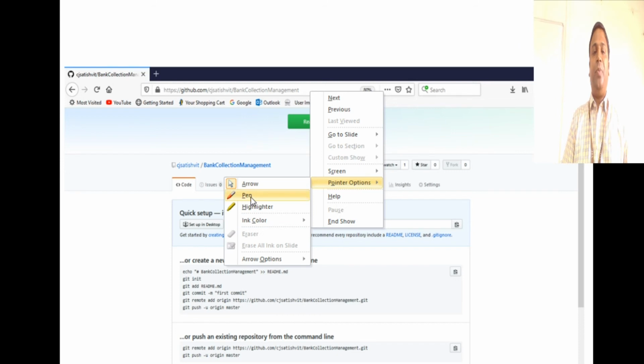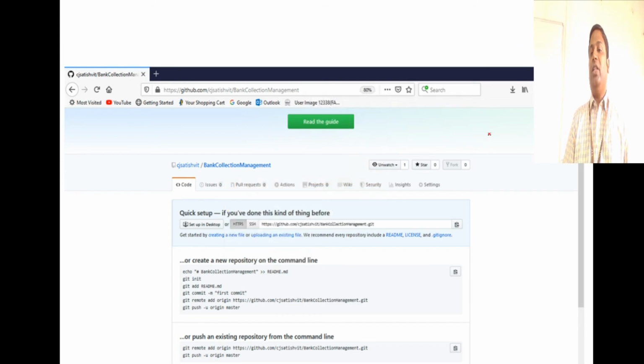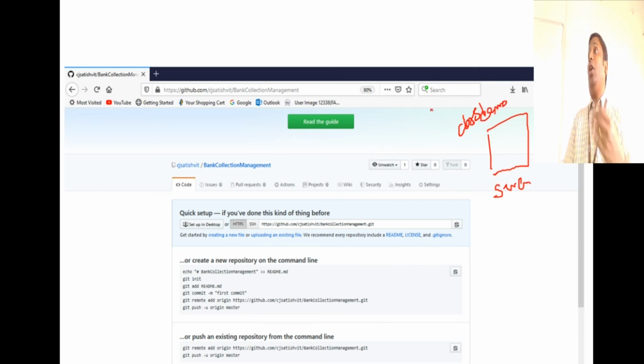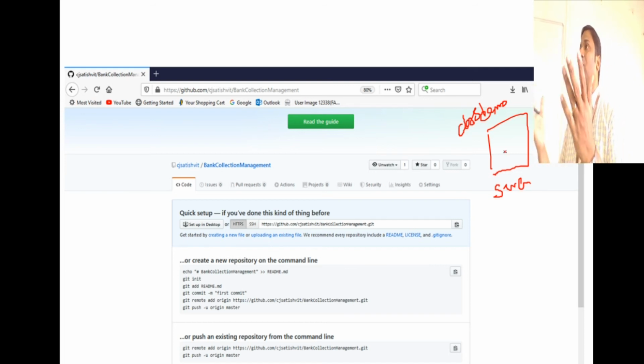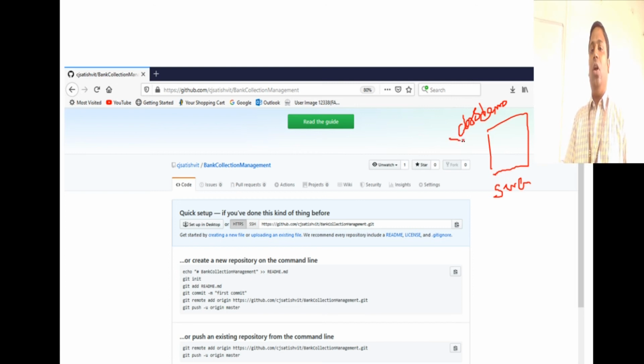Let me again explain that alone. A repository is nothing but a location on the server. It's on the server, and I am going to give a name to this. For instance, I will say I love class demo to be the repository name. And I'll add collaborators. Collaborators are people who can add or share or do something to this code on the server. So all the 10 members will be added as collaborators.